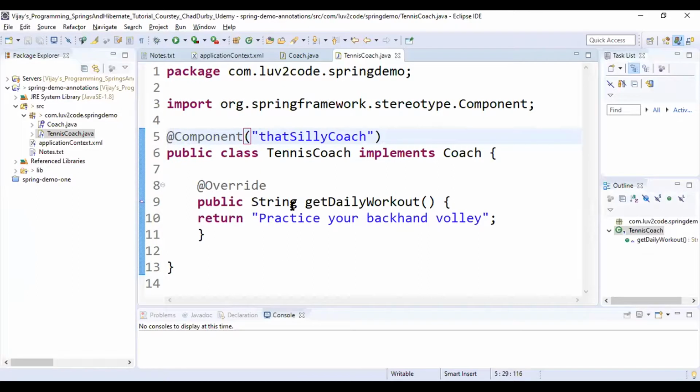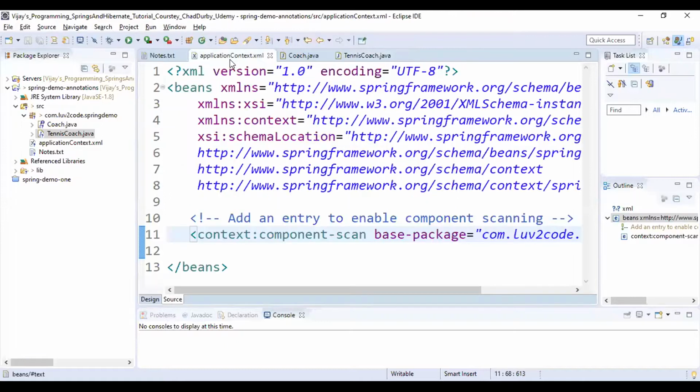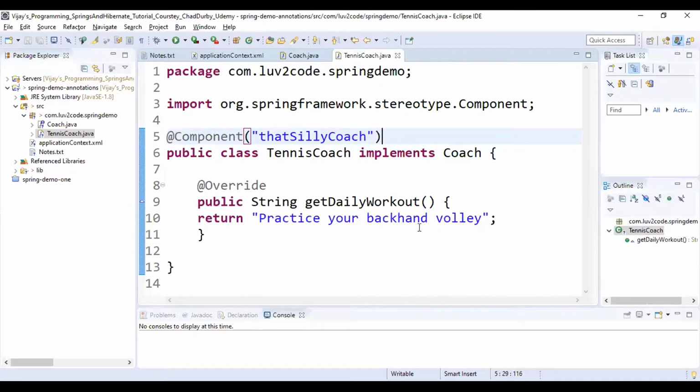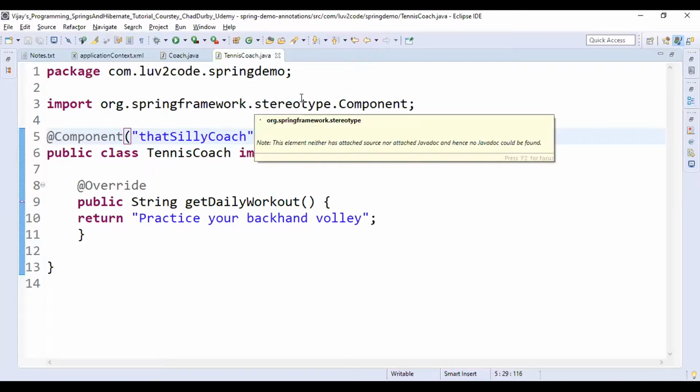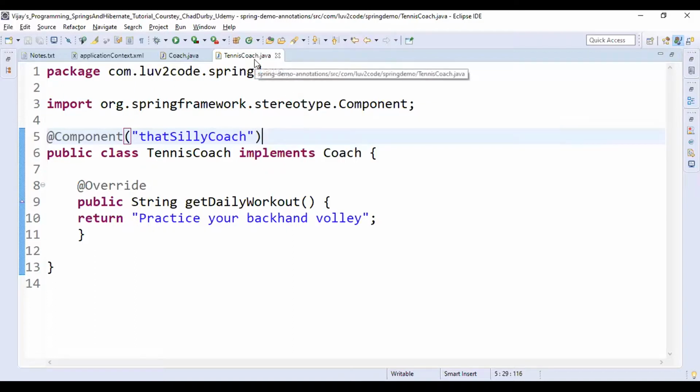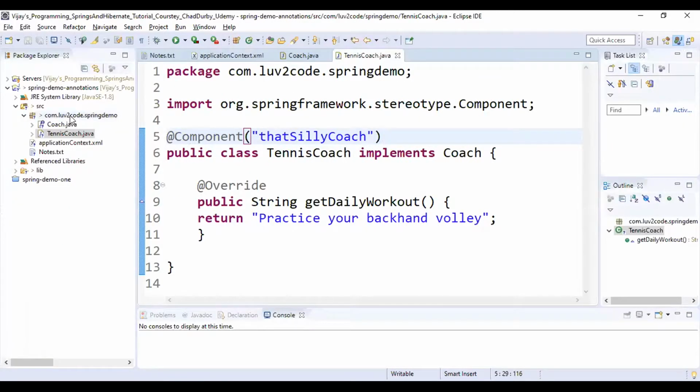Okay, now to test it out, we need the driver class, right? We need the driver class to check whether our development is proper or not. To test out our Spring configuration with the Java annotation development, we need the driver class. Create a driver class.